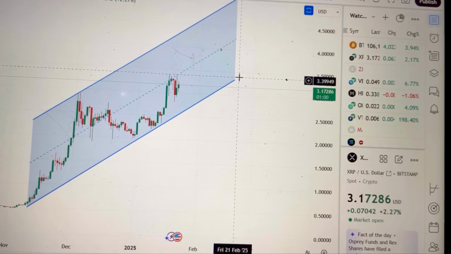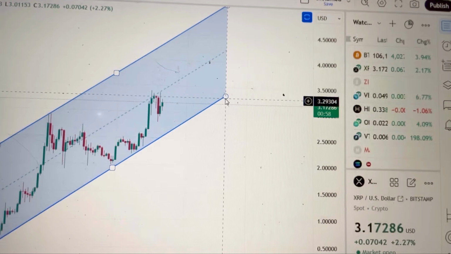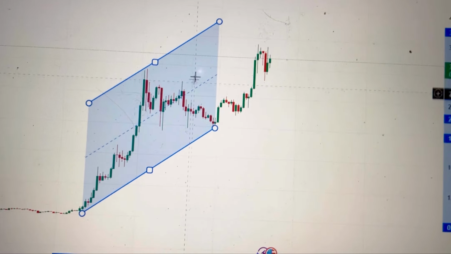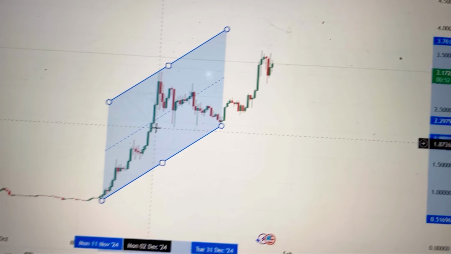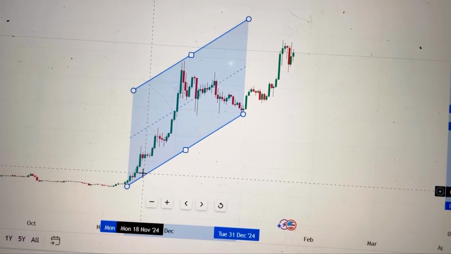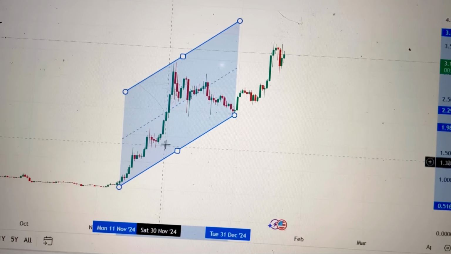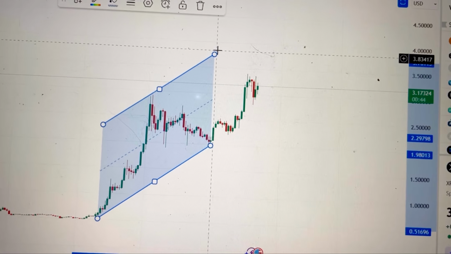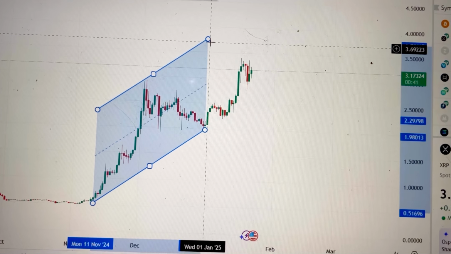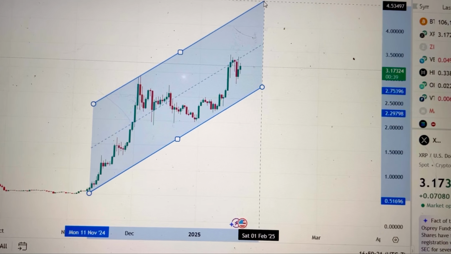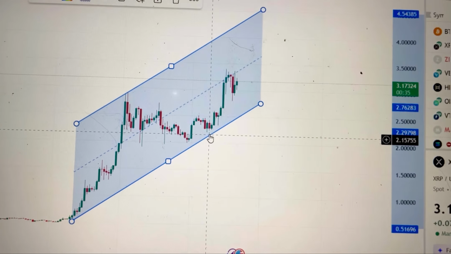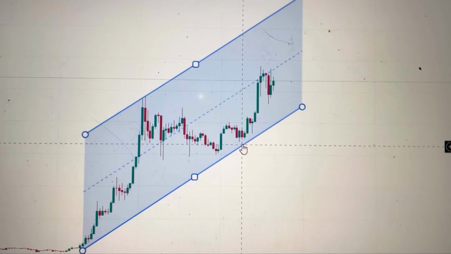So let me watch. I'm going to pull this channel back by, I called this a line last time, this circle. I'm going to go all the way back to here. Let's just say this we haven't seen yet. Let's say that's the future, and we're just right here, and I drew this out. I got support, resistance, and I got support. You can see we have a channel. Now that you know that, when you extend this, I'm going to go right here. Come on, baby. When you extend it like this, now that you saw that support happen, when it hit there, you know that support. I'm not telling you what to do, but that's where I would buy.